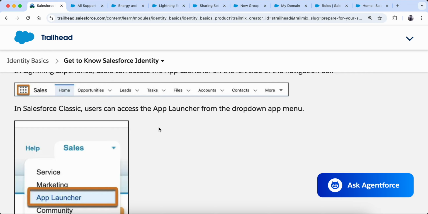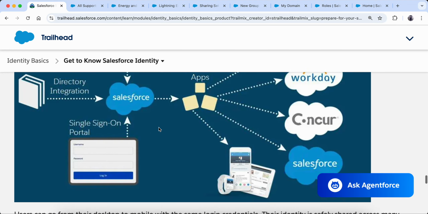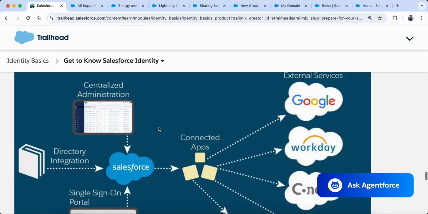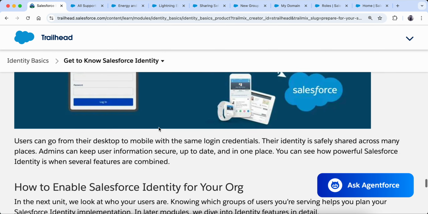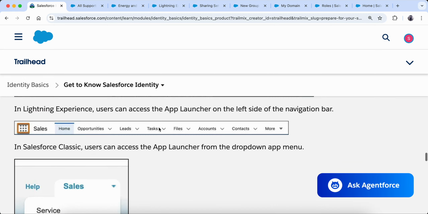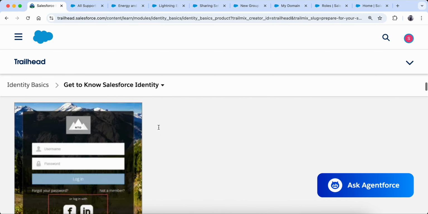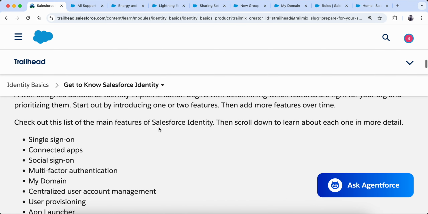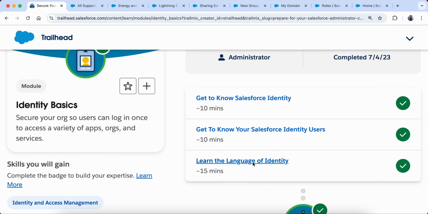So this is also a part of Salesforce identity. Now what do we need for Salesforce identity? We don't need anything. For all the licenses, it comes automatically in our organization. So this is what Salesforce identity was all about, and I would really suggest that you go here and read everything about it. There is a lot of theory, and there are three of them they have given, right? So just read a lot about it.